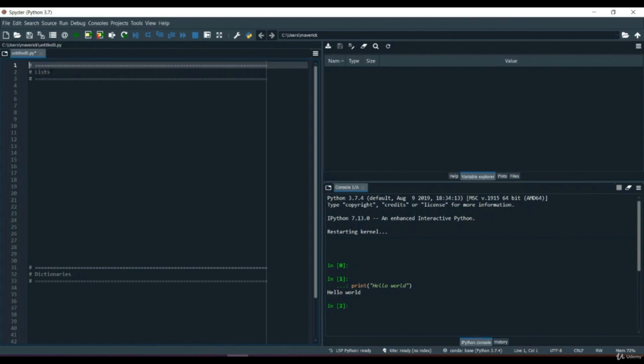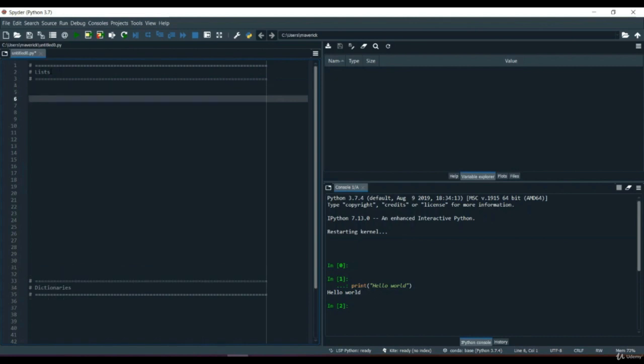Okay, first hash, and after hash whatever is written becomes a comment section, right? I've told you already. So all these equals signs become a comment section, a comment. In this way they created a block of comment so that people can understand it very easily. Now this is a way to create a headings document, but if you want to explain one single